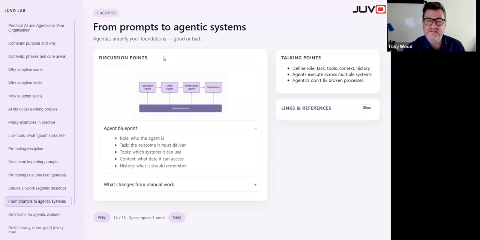And then context, in the same way that context is important for the role, for the prompts that we had, it's also really, really important for your agentic workers. You don't want to give them every bit of information because then you're likely to get information that isn't aligned with what you want. So you give them the right context to do the job and no more. They don't even need to know what's going on in other departments. And we can talk again in another webinar about how you manage your multi-agent crews.